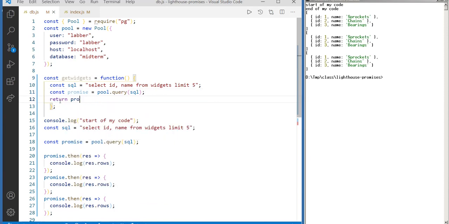Here we go. So now our function returns a promise. And this is the kind of thing we did in our project last week, returning promises from our function. Okay, so